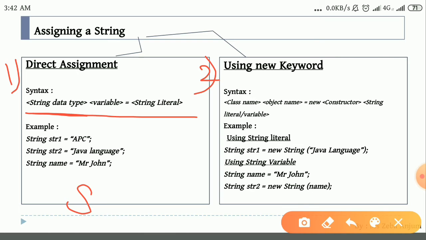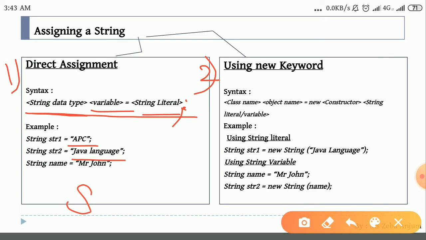Now see, the variable is user defined, whatever you like, you can take it. Now string literal, I hope you know about the literal part. You can take any literal enclosed in double quotes. One thing I forgot over here is that you should close this line with a semicolon. Now several examples. See, example number one, String str1 = "abc"; String str2 = "Java language".